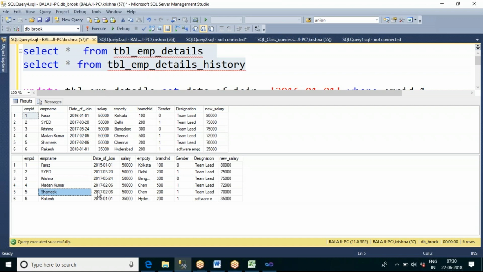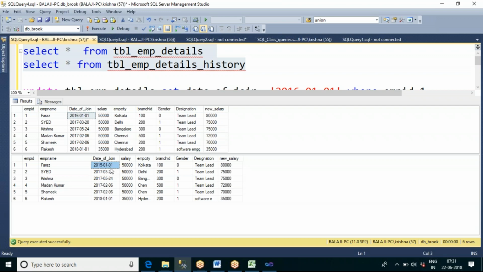It is not inserting a new record, it is updating the existing record. And you can see here the date of join is 2016, but here it is still 2015. So this change is not accepted by the historical table. This type of change is called SCD0.